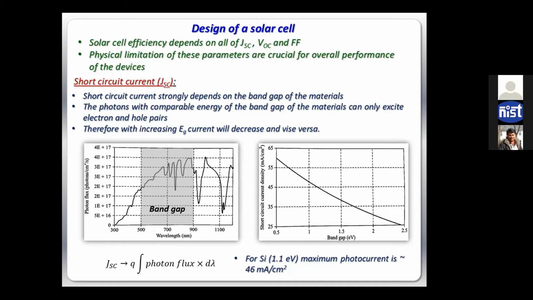The first thing that we should talk about is the short circuit current, that is JSC, right? Yesterday in class, what we said is that the short circuit current is basically the maximum current that can be produced by a solar cell when the terminals are shorted. That means there is no voltage, only the current is flowing, right? V equal to 0, J max equal to JSC, right?